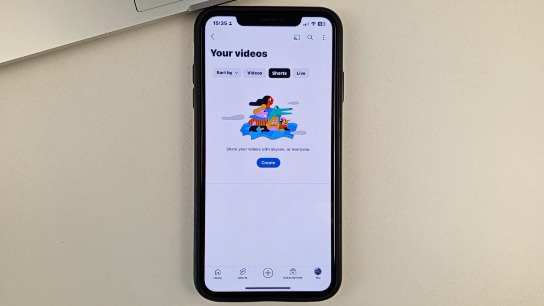But in order for you to delete your videos, you'll need to click on the three dots on the right-hand side. Click on the three dots, and you'll see a little menu from which you'll select Delete. Then once again confirm your actions, just by clicking Delete again. Thus the short video or shorts will be deleted from your YouTube channel.